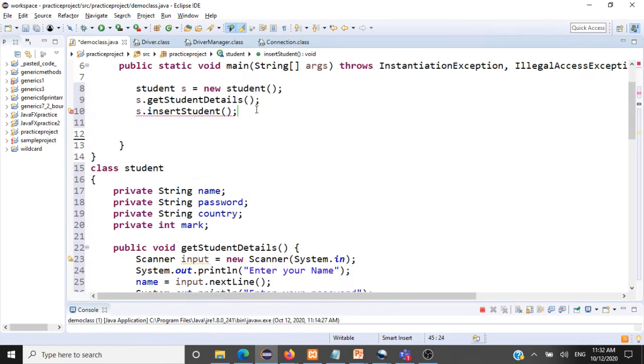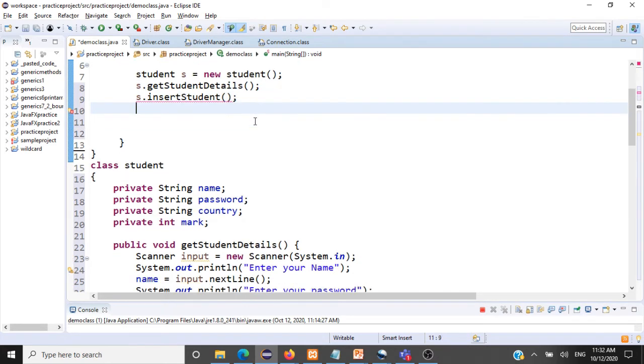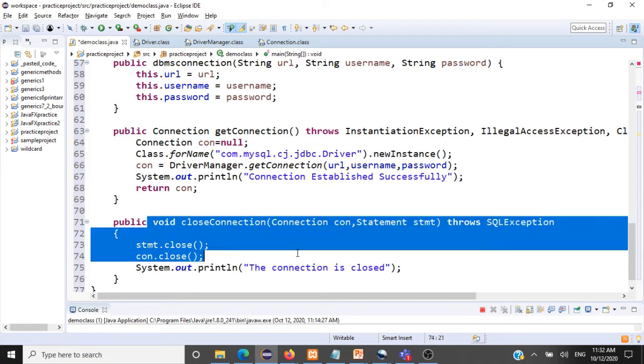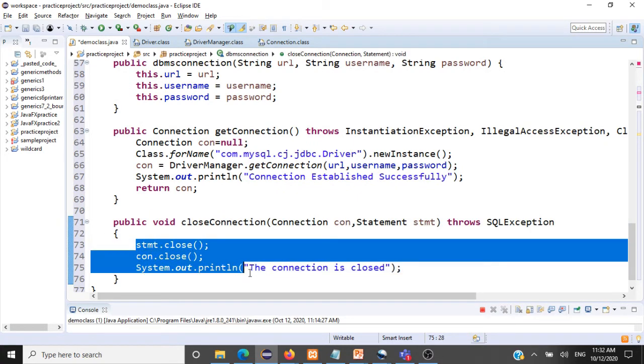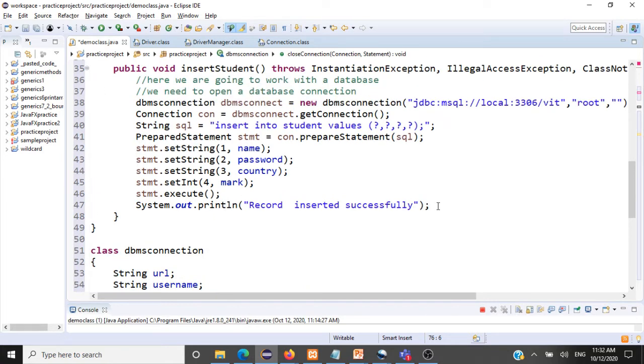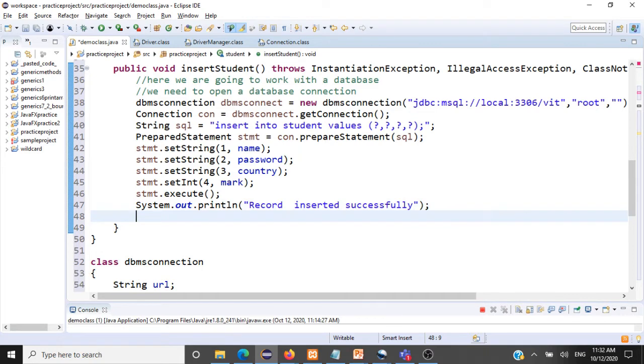After inserting the record, we are going to call this one, that is statement dot close. So how will you call that? After you finish inserting, we can very well call this here, that is DBMS connect dot close connection.